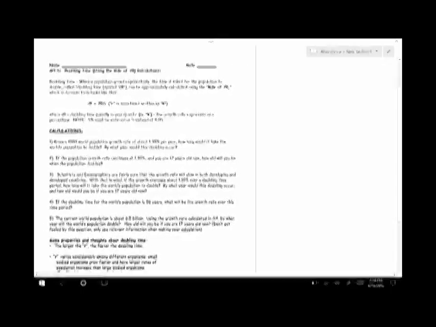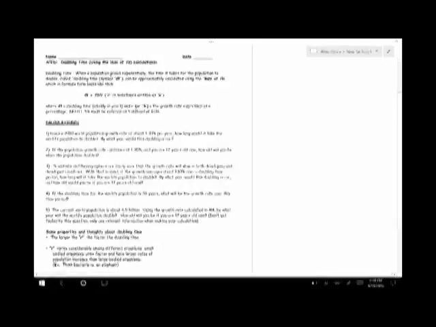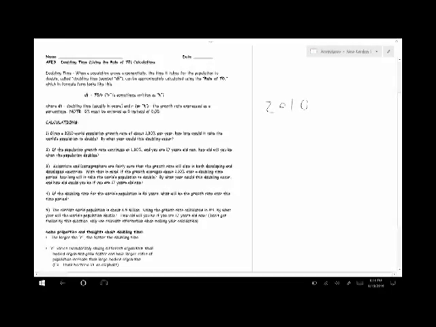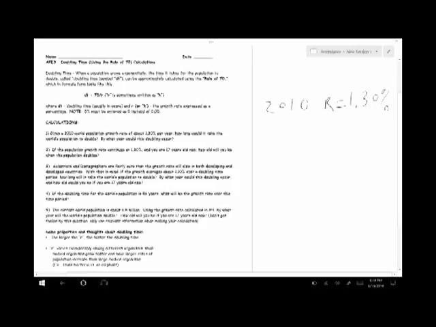First, our 0 year, our starting year, is 2010, and we have a growth rate, or an R value, of 1.3%. And we're going to use our doubling time formula, which is